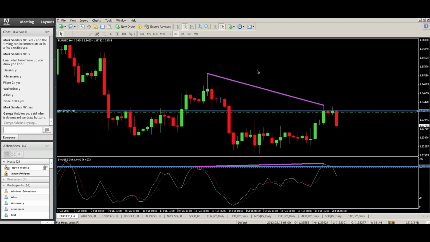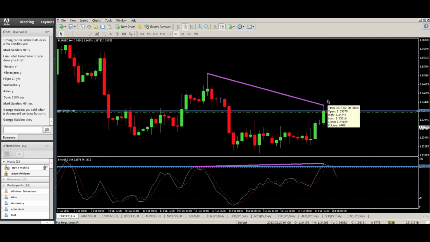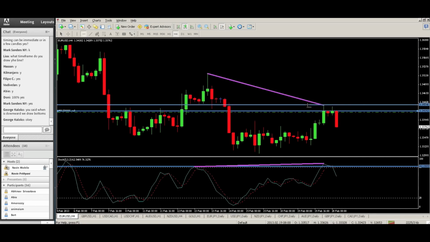All right. Now, I draw my line here as I see this potential divergence, because I don't know that the stochastics is going to cross or not. I don't know if it's going to do that. All I can assume is maybe the market continues going long and then it's no longer an opposite. So I draw my line here. I'm like, what is so significant about this area? And then I check. Okay, so I draw my range, right? I take this area, maybe I take the tail also, and I start refining by looking in the past.